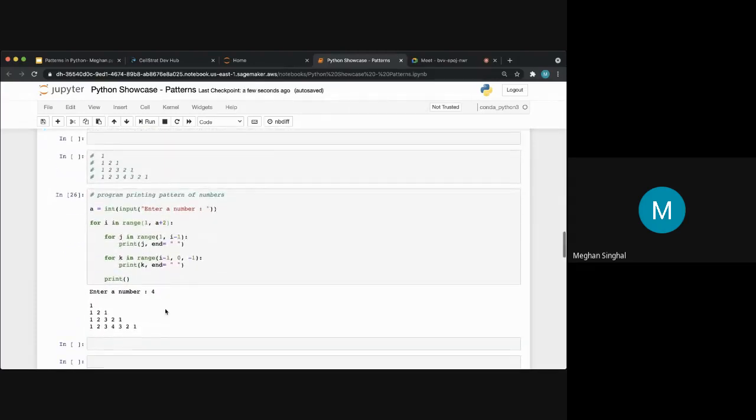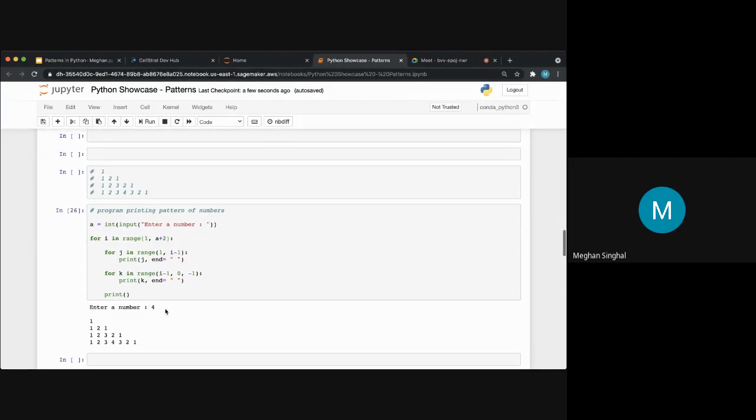Say we would want to print this pattern of numbers where it goes 1, 1, 2, 1, 1, 2, 3, 2, 1, and so on. So again, we're going to input the number of rows. Now again, instead of inputting, we can assign, but I have inputted. So we input the number of rows into A, and then the outer loop goes from 1 to A plus